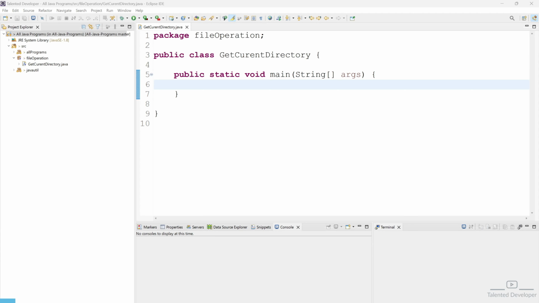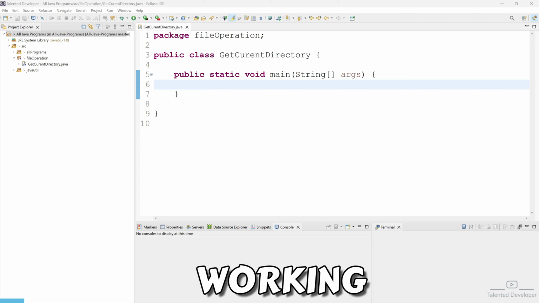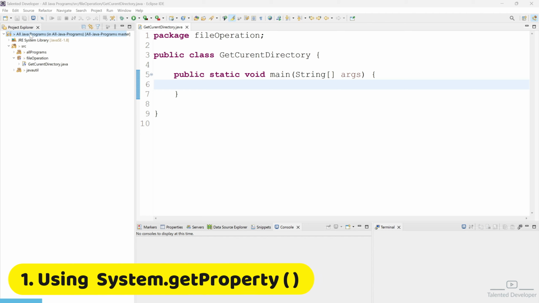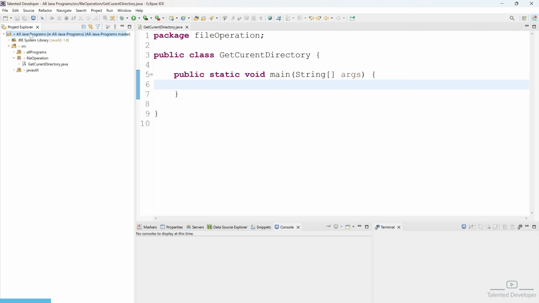In this tutorial, we are going to see how to get the current working directory. We are going to see two simple approaches. So first of all, you can see this is my current project and I want to know what is my